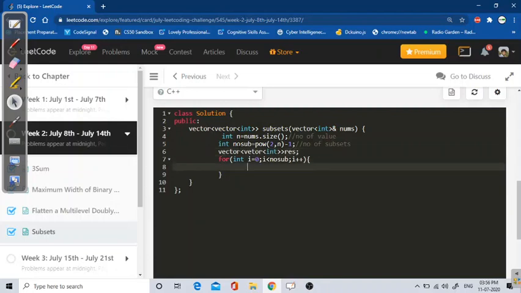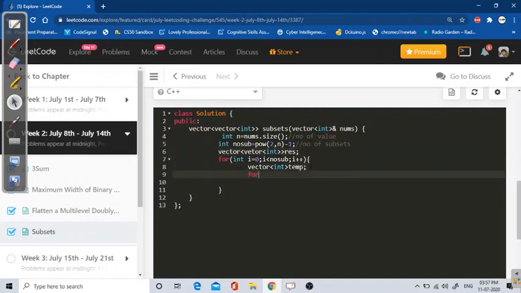Every time I have to check for one binary number, like for 1, then for 2, then for 3, and for 1 I will get one subset, so I will store it in that vector. So a particular number will give me one subset, so I have to store all these subsets and insert them in result. For that I am making a temporary vector storing single subsets, and at the end we will push back into our main result vector, right?